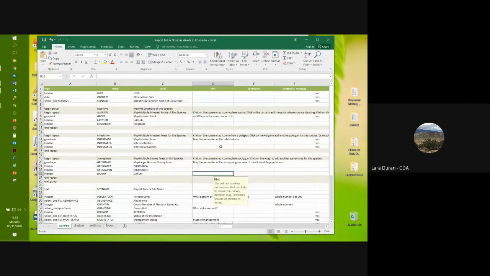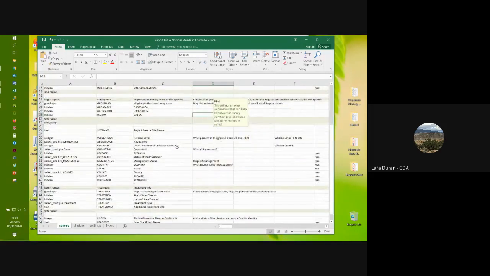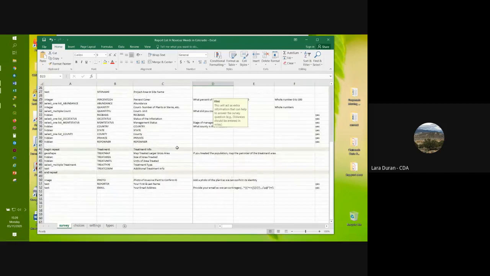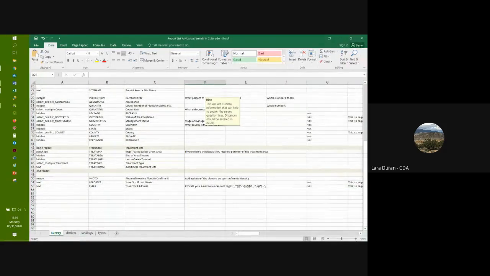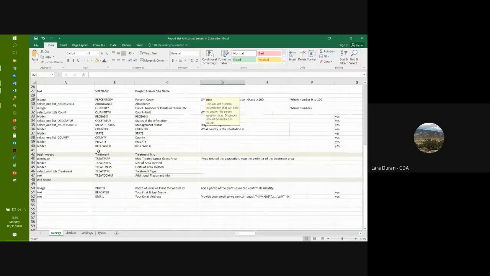Okay. Now, there's a lot you can customize in here. You're going to want to do that because these ones in particular I have set up to default to certain things. So for instance, let's go down here to, let's see,